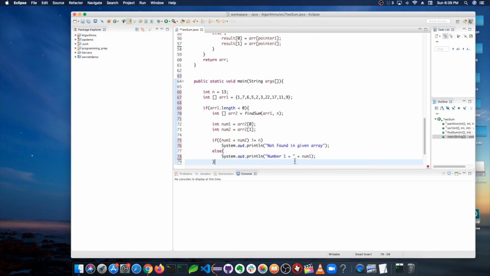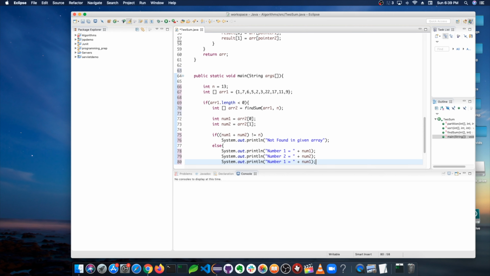And since this other line for num2 is going to be almost exactly identical, just copy that, put that down there, change that to 2, change that to 2, and then we're going to also print out the sum. So we're going to say sum equals,